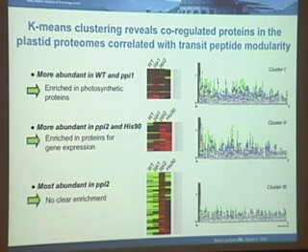what are these proteins? In which particular class do they fall? You can use statistical analysis to look for proteins which are more abundant in wild type than the PPI1 mutant, or more abundant in the PPI2 mutant. And when you then relate this to transit peptides, you see that in the wild type, or even in the PPI2 mutant, or even in the complemented mutants, many of the proteins we are finding have certain signatures in the N-terminal region of the protein, whereas you're not finding these signatures, and